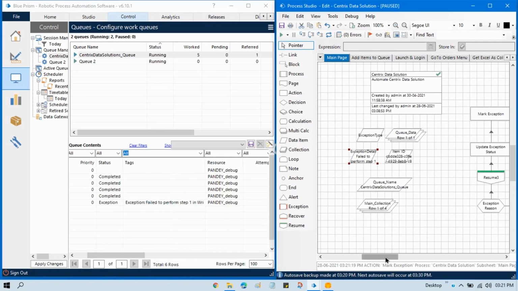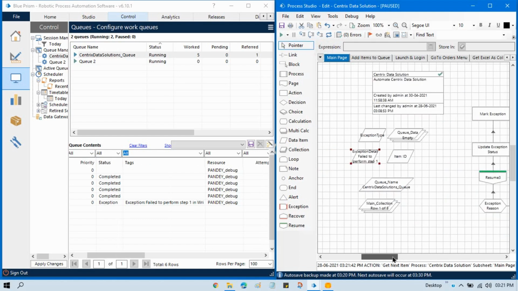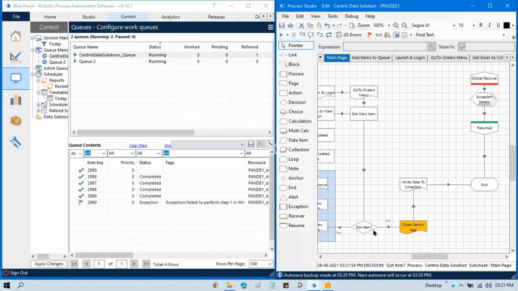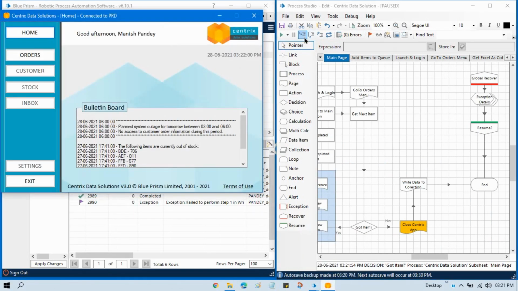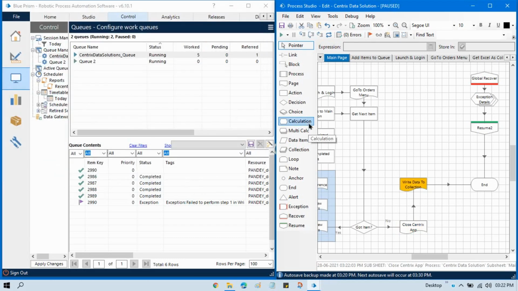Right? Now it will come here, next item, it will check got item, it will check here if we have any item. Currently this is blank, it means we don't have any records with the pending state. So it will go to the got item, no. Close application, it will close this application. Now this application has been closed, and then it will write the updated data from the collection to the Excel file. Now step over